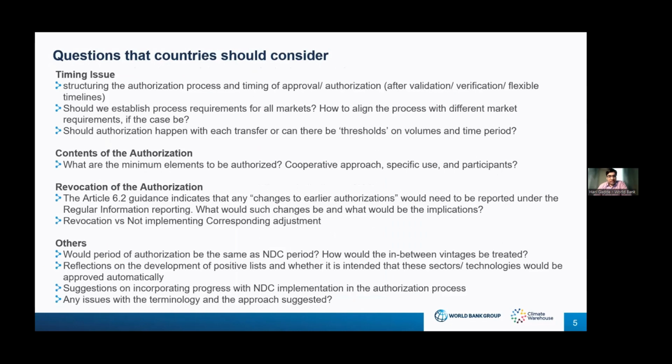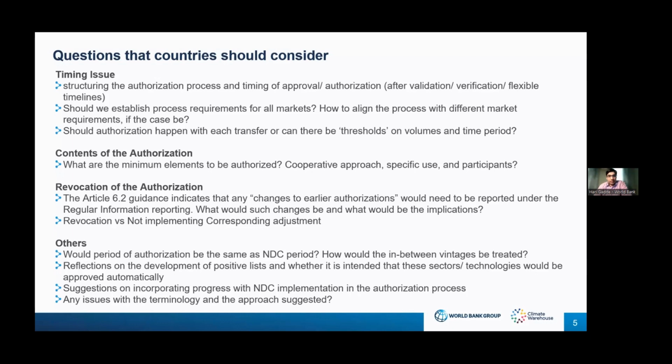So this big again, I think Sana listed some of these questions again. Based on our experience so far, they mainly relate to timing: at what point in time the authorization needs to be provided, and whether the government should consider establishing such processes for different market requirements, covering other aspects such as voluntary markets